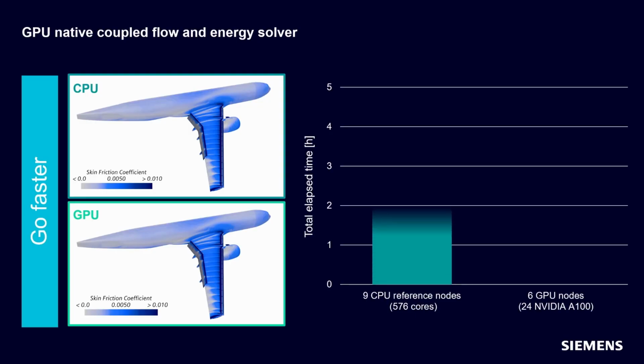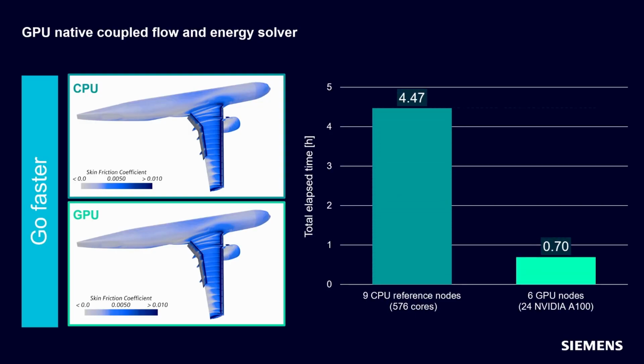And if we compare this to a CPU solution, which for this case here was using roughly around 600 CPU cores on, let's say, state-of-the-art CPU hardware, we have a reduction of computing time of around 84%. That's impressive, yes. One thing that we should probably mention, so you said that it is a native coupled solver